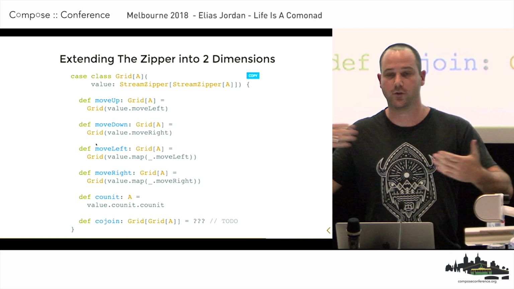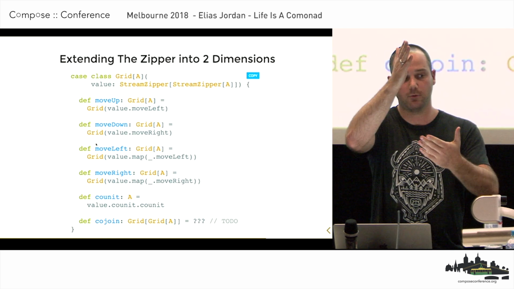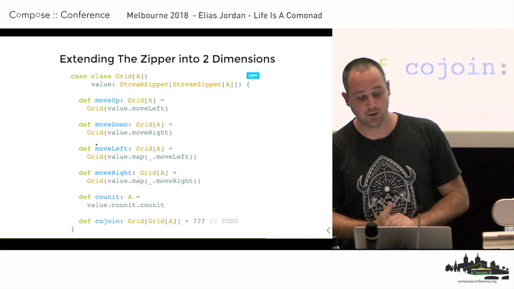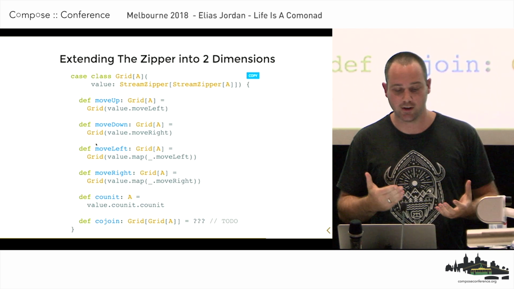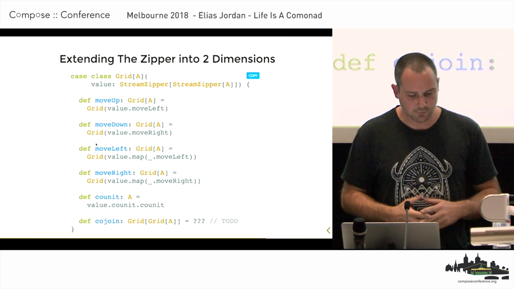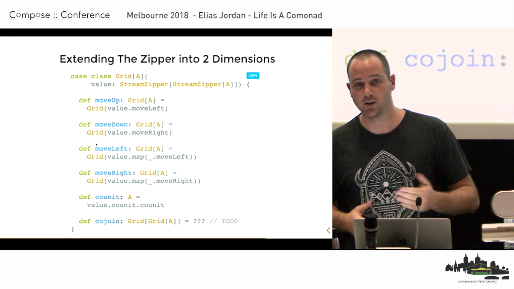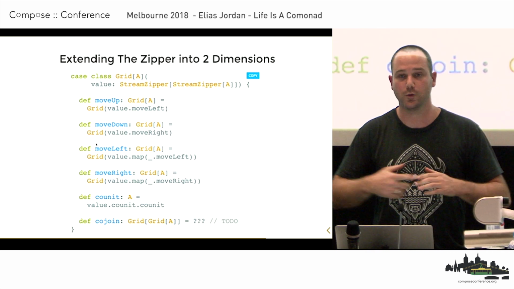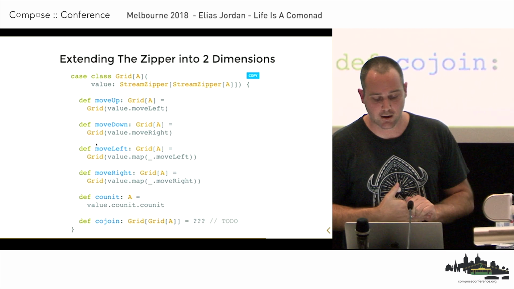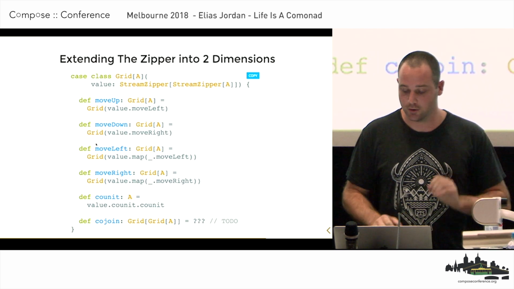So we have a stream zipper where the outer stream zipper represents 1 dimension and the inner represents the other dimension. So we just have some helpers here to move up and move down that delegate to the appropriate layer. The co-unit definition is simply just dereferencing two co-unit functions. And the co-join one is a little bit more involved.